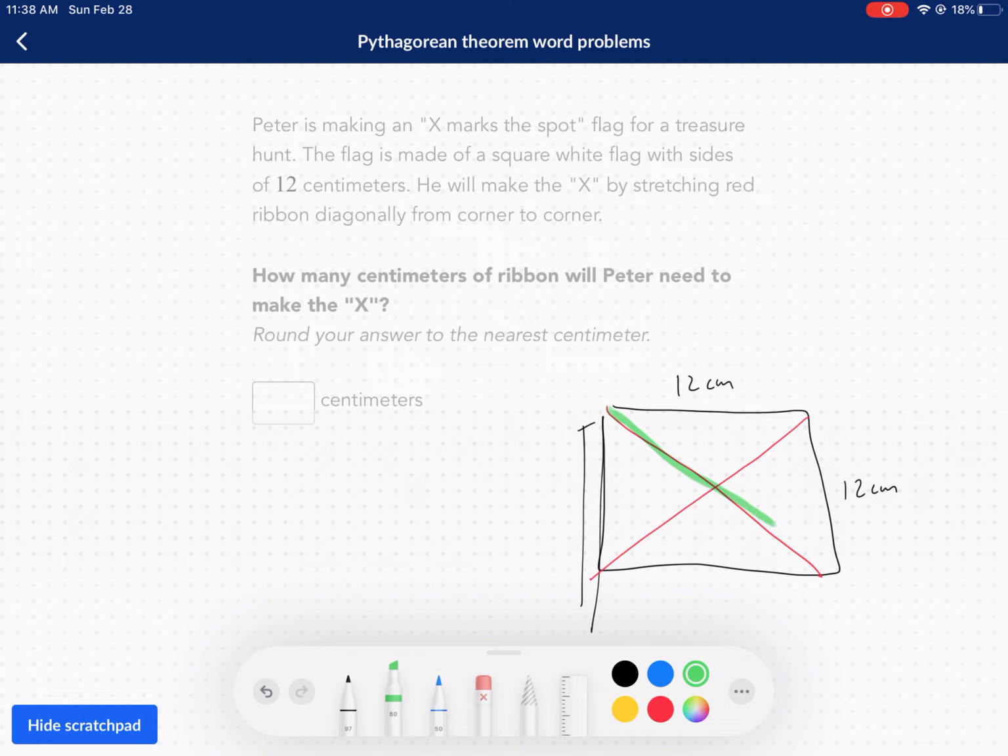Okay, so here we'll use this triangle right here, this green one, with this blue side being our hypotenuse. Take a look at that. So let's go ahead and set this up. This is going to be our A, this is going to be our B, and then this blue will be our C. So we have C squared equals 12 squared plus 12 squared. So we have 144 plus 144 equals 288. So we have 288 equals C squared. Okay, we're going to take the square root of both sides, and we get C equals